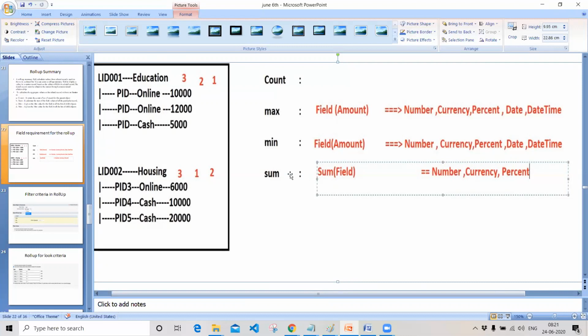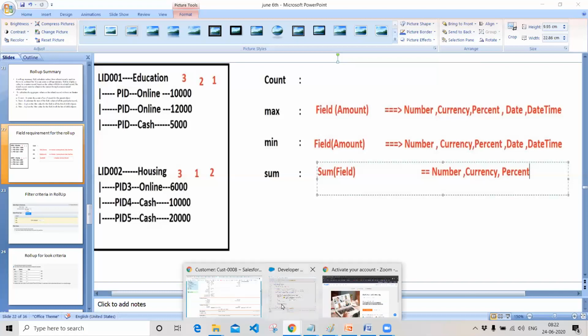But when you are creating a sum field, you can see only number, currency, and percentage. You can create an aggregate function with respect to the sum only on certain fields like number, currency, and percentage. Like when we are creating the sum of the applied amounts, we are able to see only a few fields. Whereas when we are creating a maximum and minimum, we are able to see a lot of fields. Why? Because it is applicable to number, currency, percentage, date, and date time. And some aggregate functions are applicable to only number, currency, and percentage.